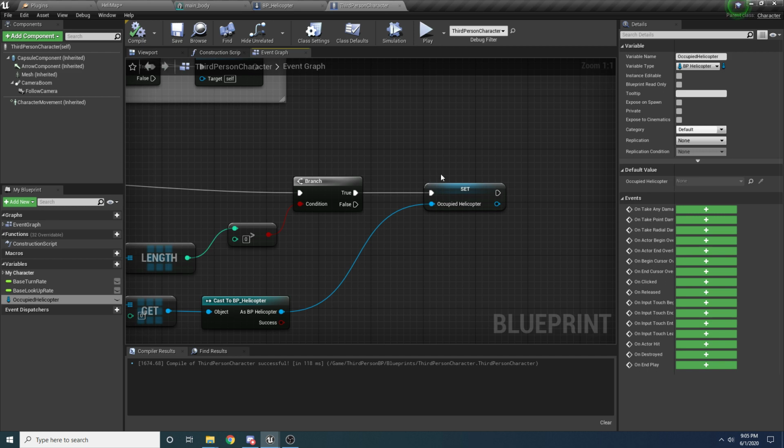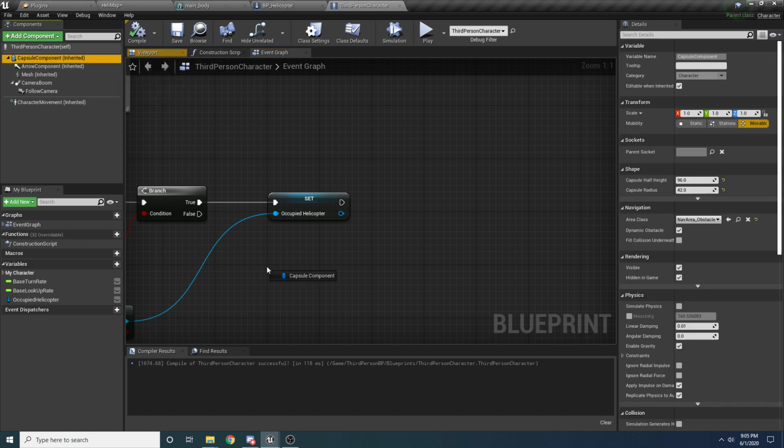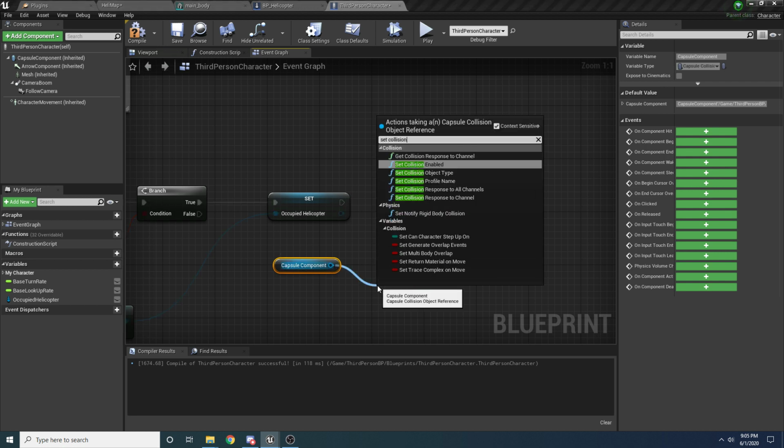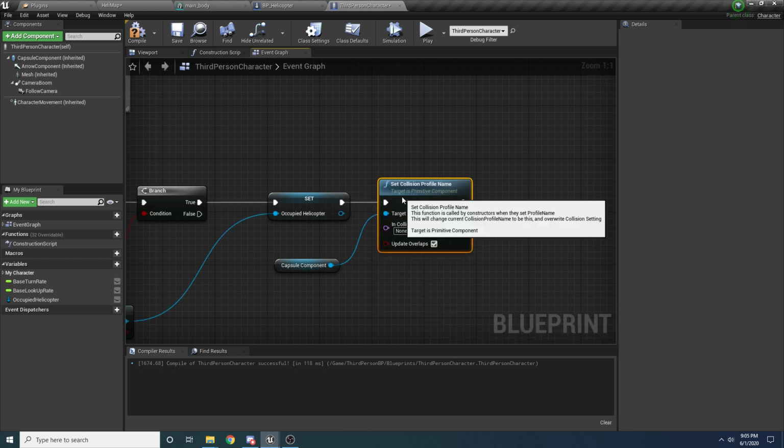And so now that we have the helicopter that we're trying to get into, we want to, first of all, remove collision from the player because we're going to put the player inside the helicopter. And if we try to do that while the player still has collision, the engine's going to kind of freak out because it's going to say, oh, the player's inside of the helicopter and the collisions are going to fight with each other. So we want to remove collision from the player. So drag in the capsule component and say set collision profile name, and we want to set it to no